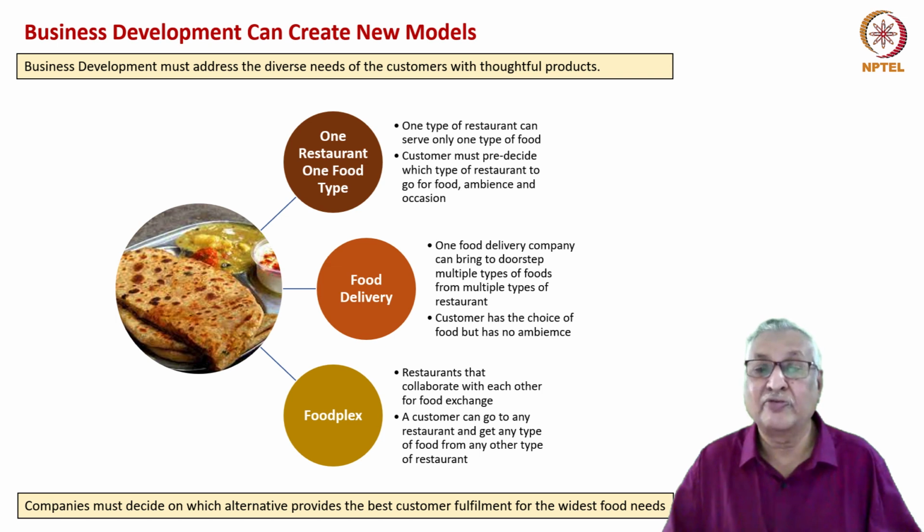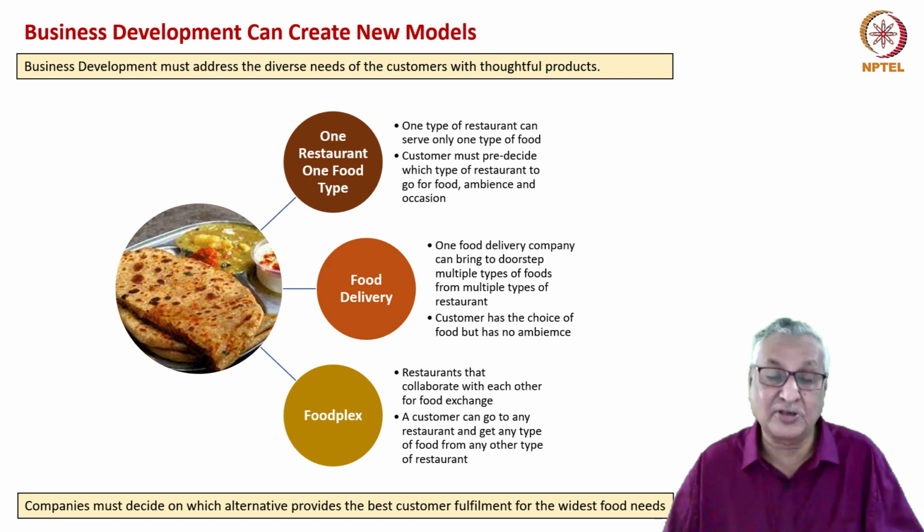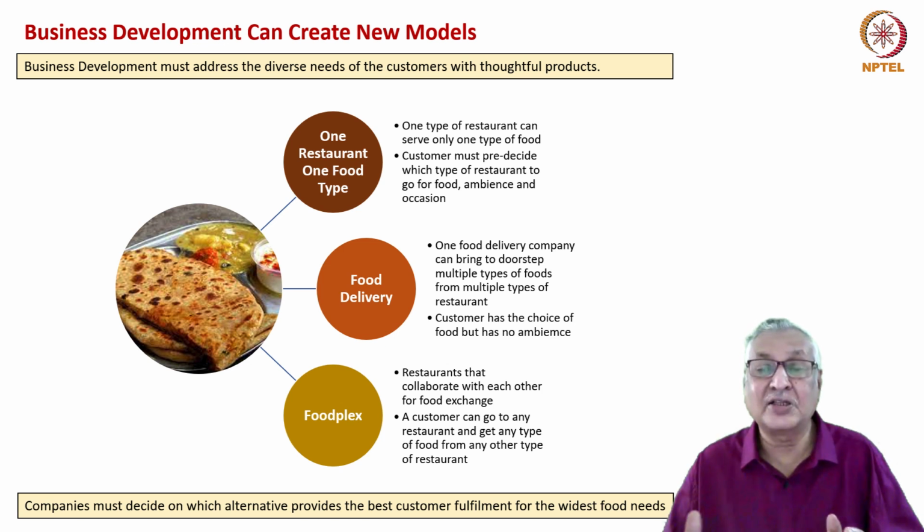One restaurant, one food type. That is, one type of restaurant can serve only one type of food. The customer must pre-decide in that case to which type of restaurant he or she must go for the food, ambience, and occasion. So you have vegetarian restaurants, non-vegetarian restaurants, mixed restaurants. You have South Indian cuisine, North Indian cuisine. Like that, many varieties are there, and each restaurant gets known for that type of food and service,